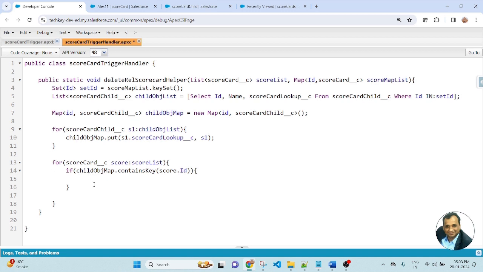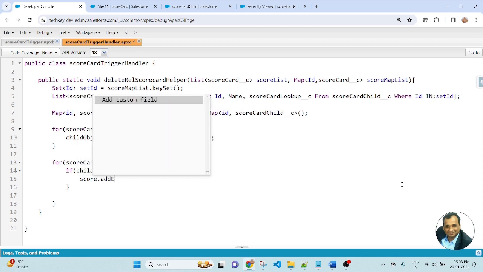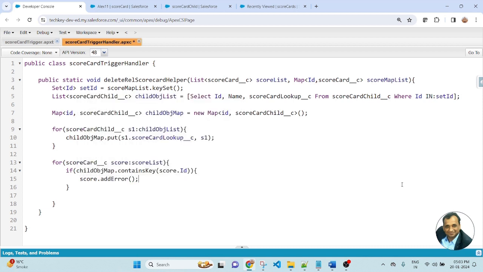So here I will display an error message. Score dot addError. Inside the bracket, pass the error message.